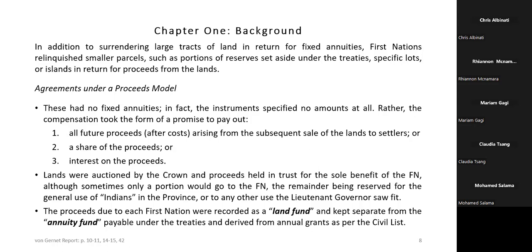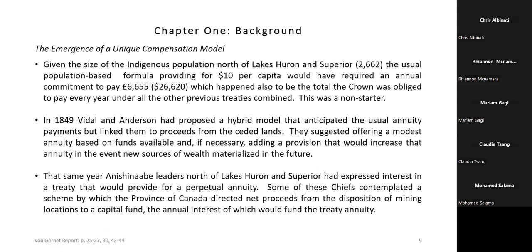Let's go then to slide 9, and you had this, the emergence of a unique compensation model. What do you mean by that? What's happening here? Well, this is now, when we get into the Robinson treaties basically,